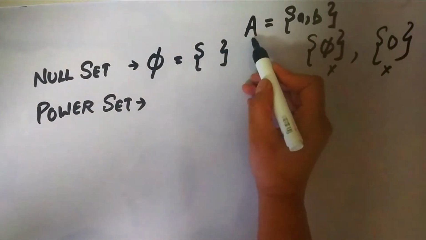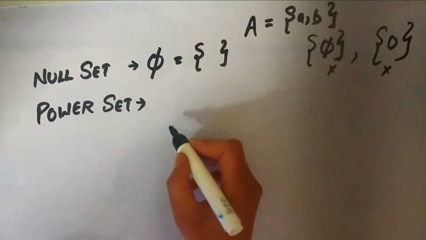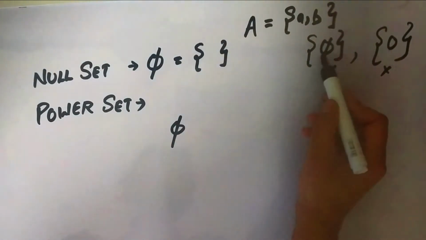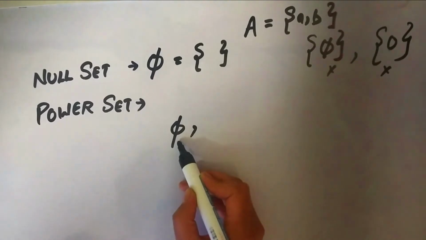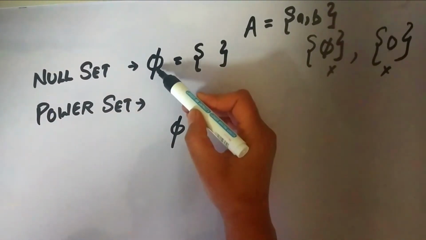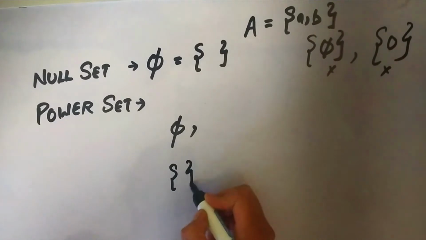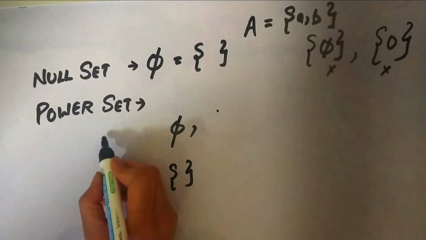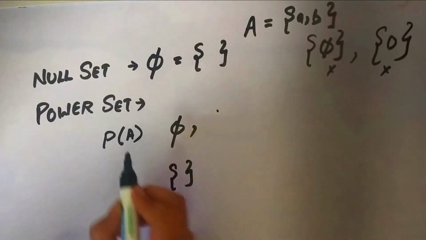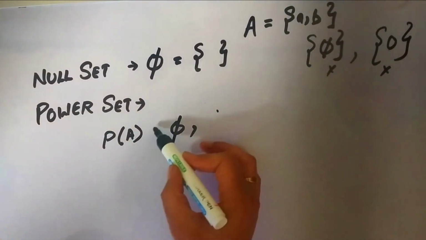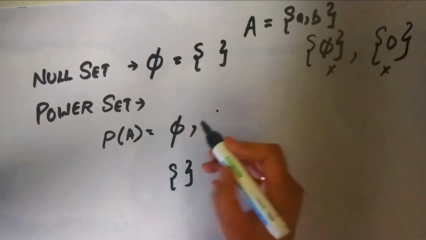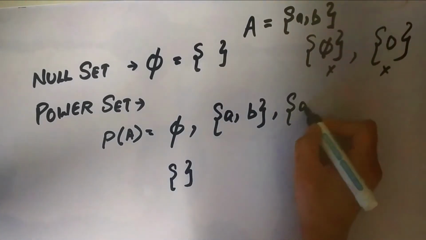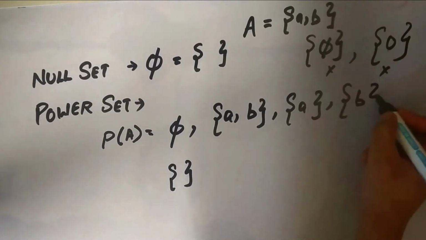Suppose there is a set A. So its subsets are: null set very first. So I either write this or this. You cannot write this, since this automatically means null set, because instead of the listing notation you are using its name. Or you can use this also. So this is one element. What are we writing? Power set of set A. So that is this first subset, second subset, third subset, fourth subset.